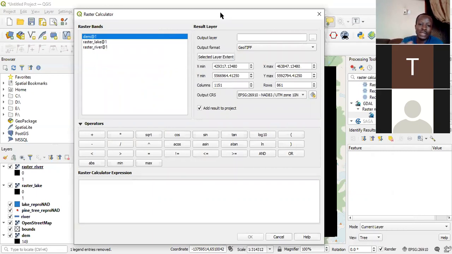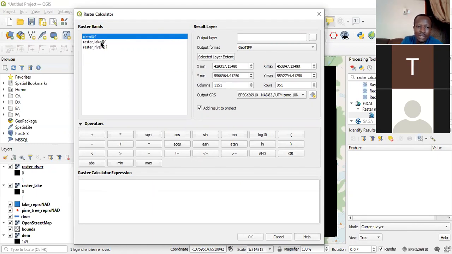So this is how it works. They are mathematical operators. So we are doing what we call raster algebra. If you know algebra, it is x plus y. A plus B is equal to 2b. I really used to love it a lot when I was a kid. So we are going to have